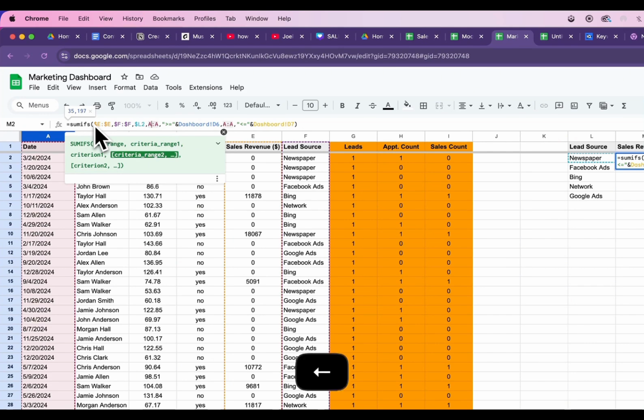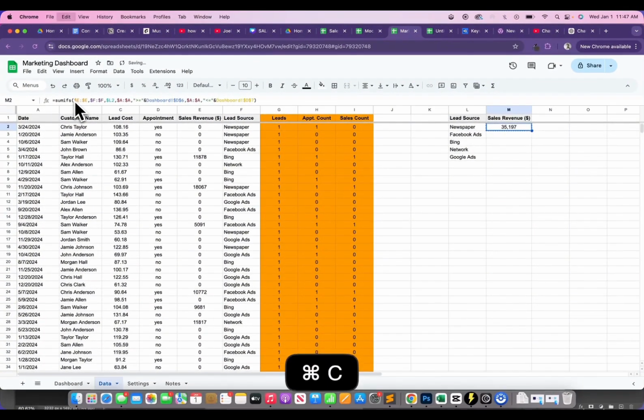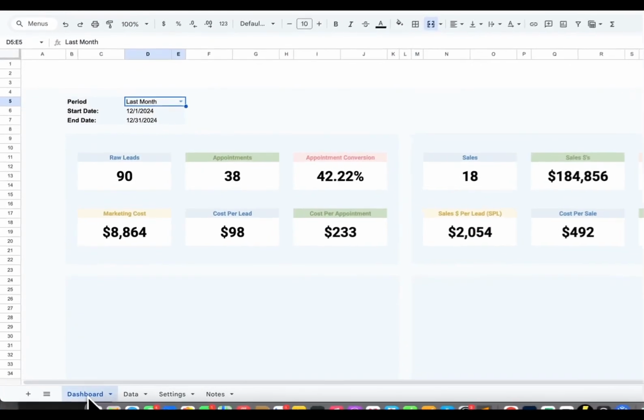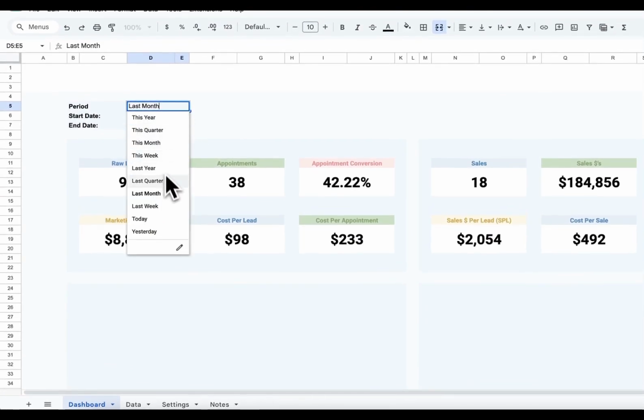But I want it to go down. We'll lock this up. And dashboard D6, we can lock that up. Lock this up. And dashboard D7, we'll lock that. And now we should be able to copy this down. And there we go. And we'll go back to our dashboard and change this just to make sure everything is